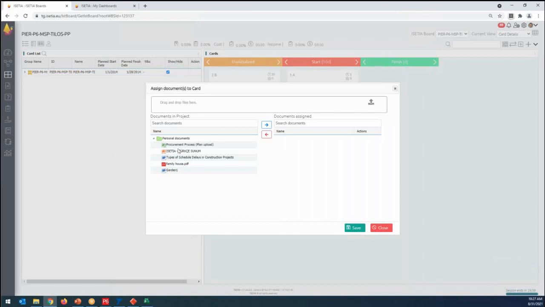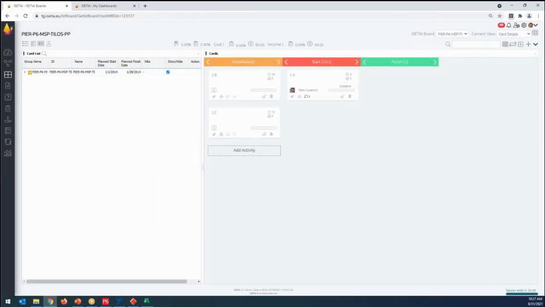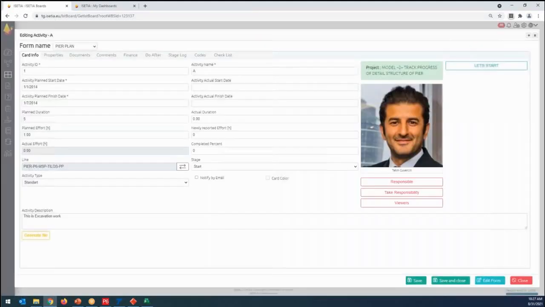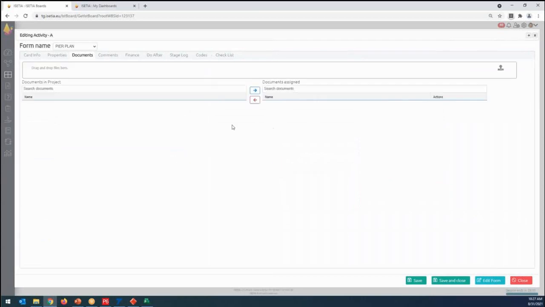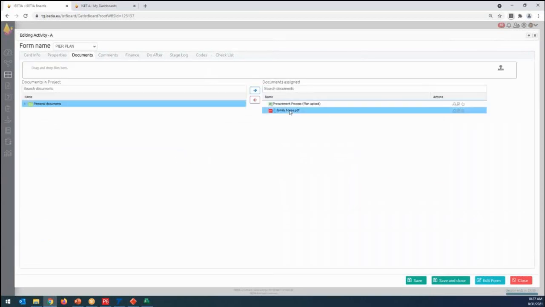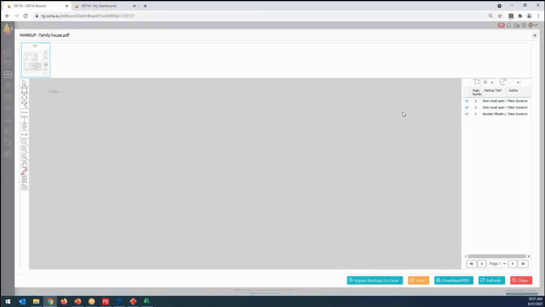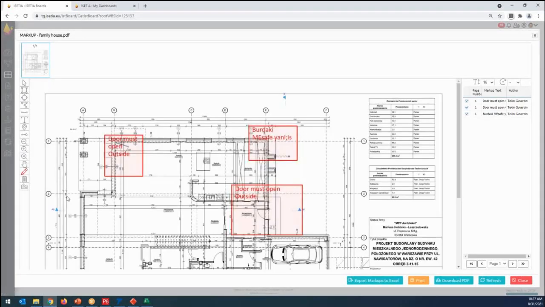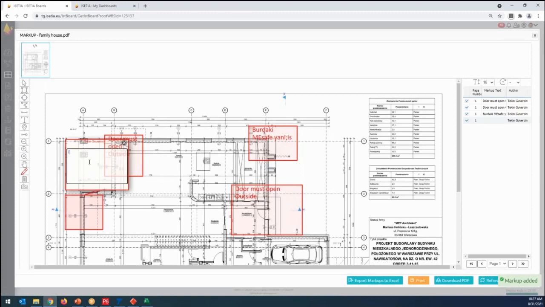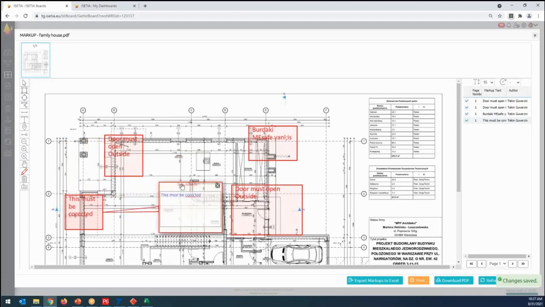Another information thing is that we need to add documents here. If I have a project, I can put the documents here. And when you put it, the attached document can be visible here. If you go to documents, I have 2 documents. And this document can also be opened in the markup, and you can give it a comment, that, for example, you can say that this must be corrected.